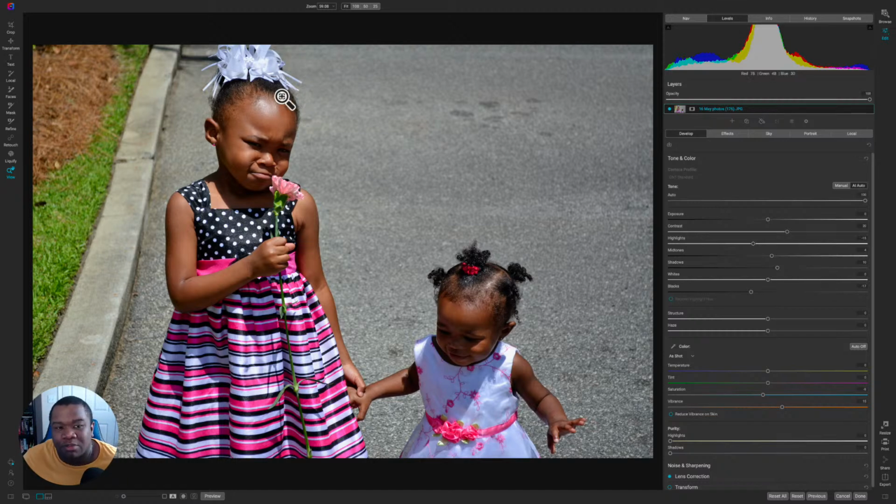Now, if you want to be able to see it side by side, if you come down to the bottom of ON1,